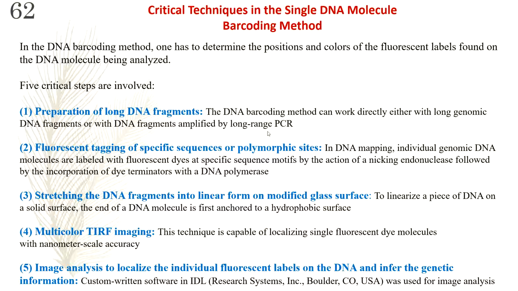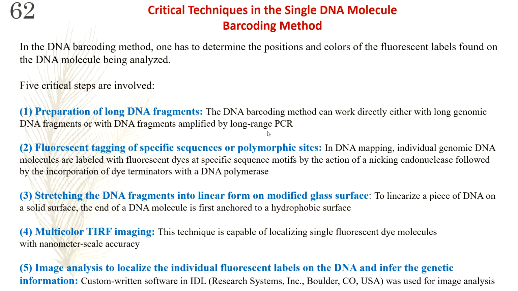The DNA is negatively charged, right? It has a negatively charged phosphate backbone. And as a result, this negatively charged DNA molecule gets easily anchored and stretched on this modified glass surface. This PEM modified surface also has an added advantage: it has extremely low fluorescence background. And as a result, what will happen? You are going to get very low noise, right? And this low fluorescent background is generally achieved by electrostatic repulsion of fluorescent impurities by the multilayered charged polymer.